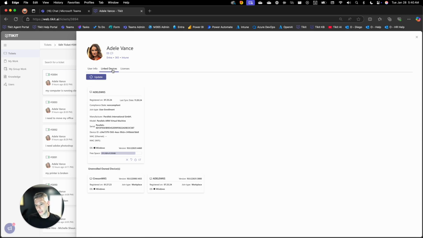The first is if you have Intune enabled with Tikit, and if Diego, who's logged into the web portal, has access to Intune and can read inventory, so this is all set up by the Intune administrator, then he will be able to see this inventory of her devices. Now, if she had multiple devices, you see all of them, you see all her unenrolled devices, and this is just a summary of inventory that we provide to the agents to be able to get some good troubleshooting information